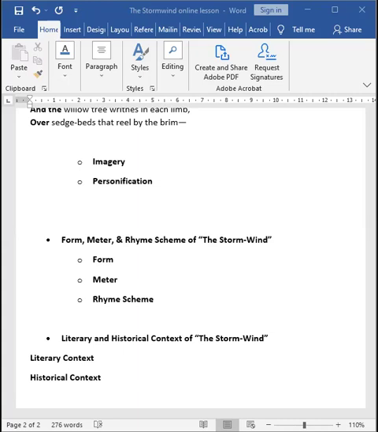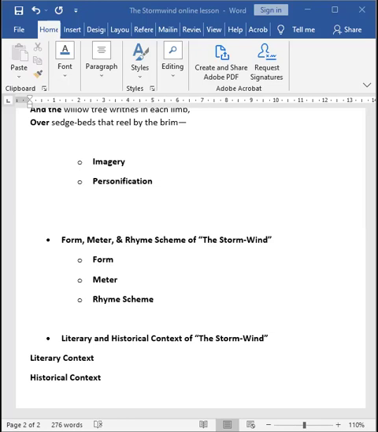Let us move on to the meter now. The poem's meter is quite rough. It is not the same. There are variations in the meter, and if the readers go into the complexities of these meters, it is going to keep the readers on their toes because it keeps on changing. So there is a galloping rhythm flowing through the poem that evokes the ferocious, violent power of the storm wind.